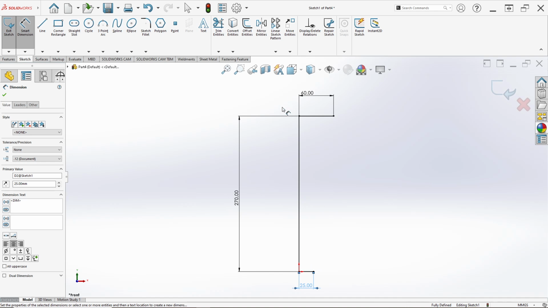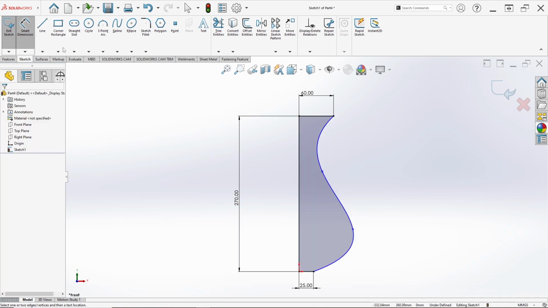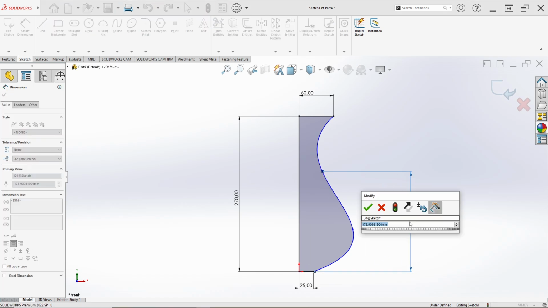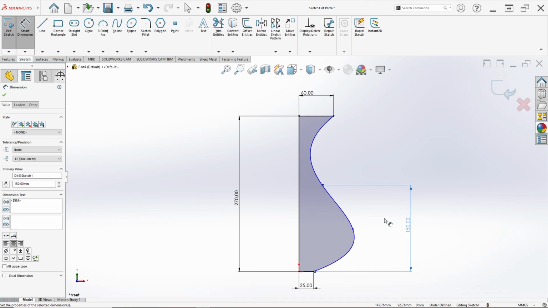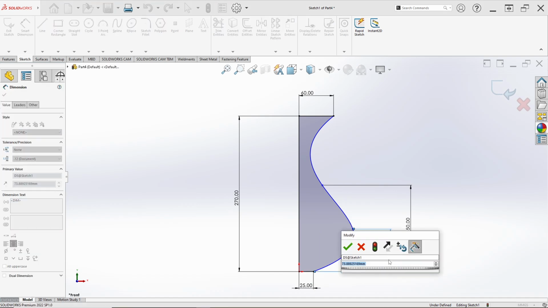After we make the lines like this, we make a spline, drawing like this and this. Then set the dimension for the distance from this point to this line, a height of 150 millimeter, for example, and this point to this line has a distance of 60 millimeter.